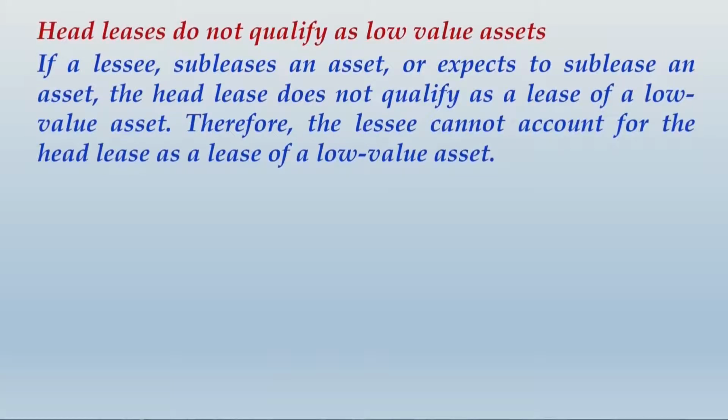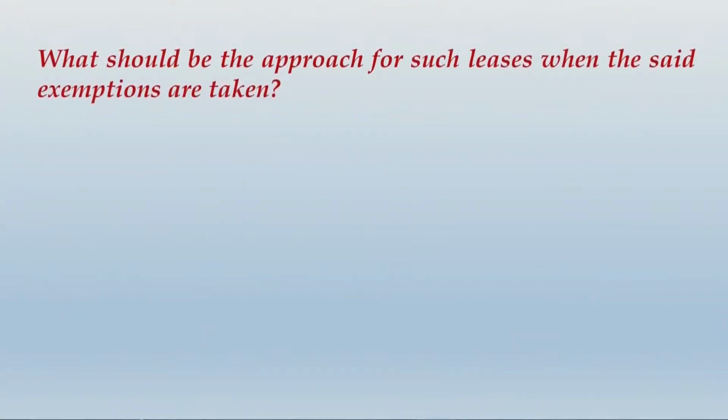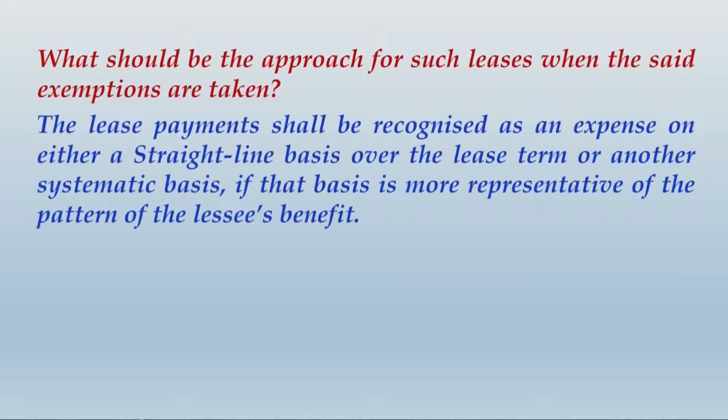Alright friends, you would have finished writing this whole thing. Let us move ahead and write up one more important note which we have again discussed already. That is about, if the lessee is taking the exemption, what should be the approach of accounting that should be followed. So we have discussed this point already. If the lessee has taken the exemption, the lessee need not apply Ind AS 116 in entirety for such leased asset. The lessee can simply systematically allocate the expense over the lease term, either on a straight line basis or on other systematic basis. So do one thing, write up this note as well.